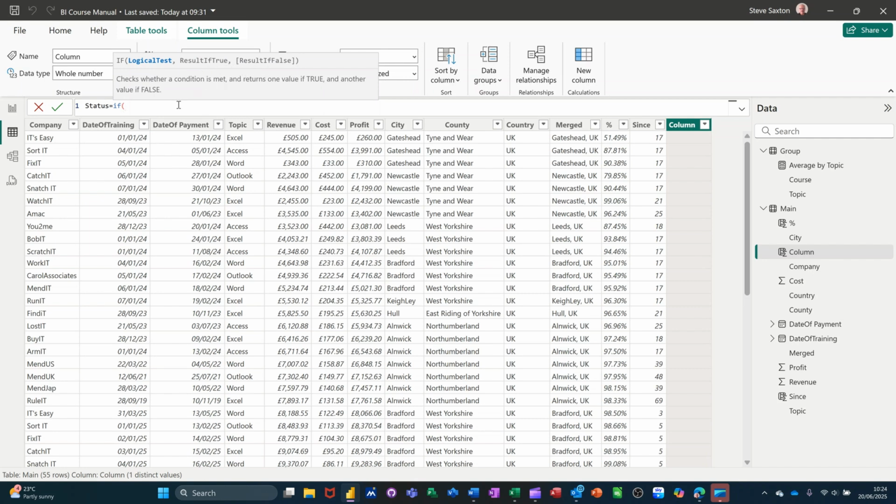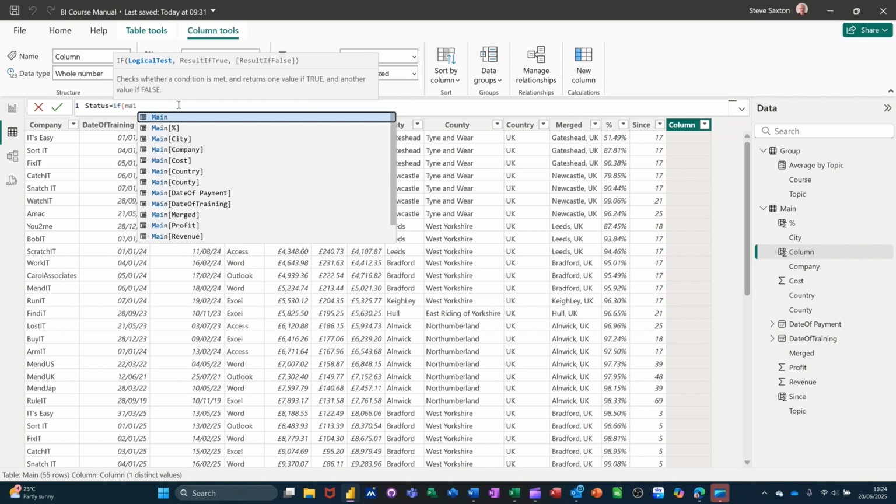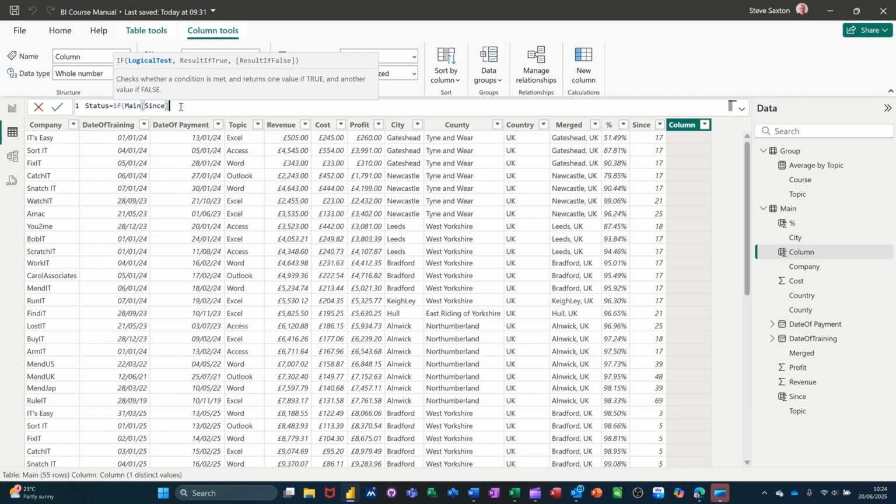So in this case, I'm looking at the since column. If I type main, it comes up with a list of everything in there, and there's since. So if since is greater than 12, comma, I want it to say chase. Do greater than, shift key down, greater than 12, comma. Now if you put in the word chase, it needs to go in quotes like that,